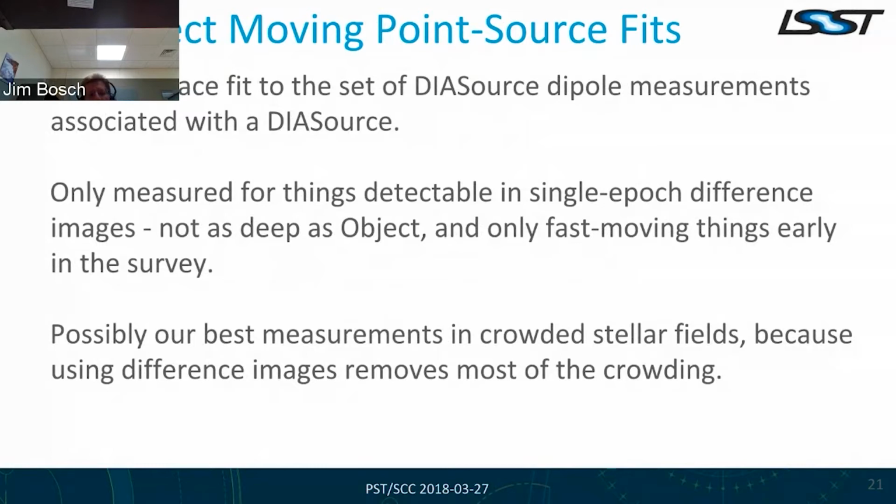This is only measured for things that are detectable in single epoch difference images, so it doesn't go as deep as object. And at least early in the survey, where we don't have a long baseline, we're not going to even have DIA sources. We're not going to see any difference for objects that are moving slowly, because they just won't appear in the difference images. That said,